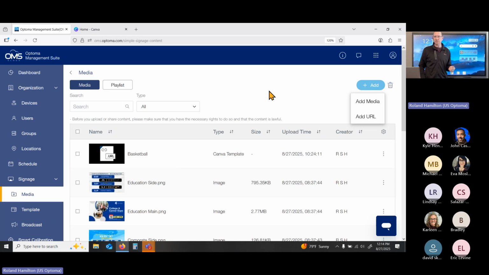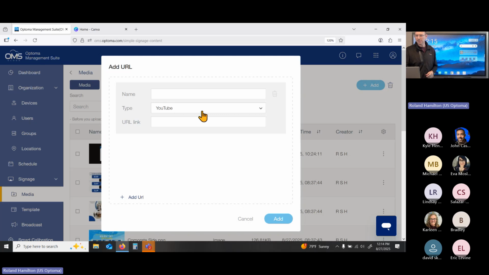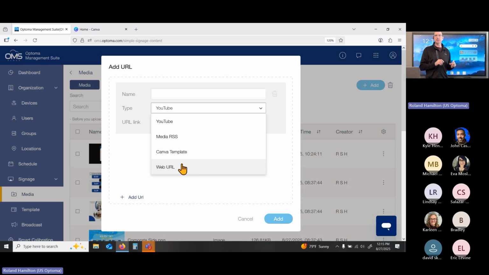You can upload Canva templates. You can upload YouTube links. You can also upload web images. There's an option, the URL option, that lets you basically add a web URL. So if there's an image that lives on the internet, and it's basically a link to a JPEG or a PNG file,